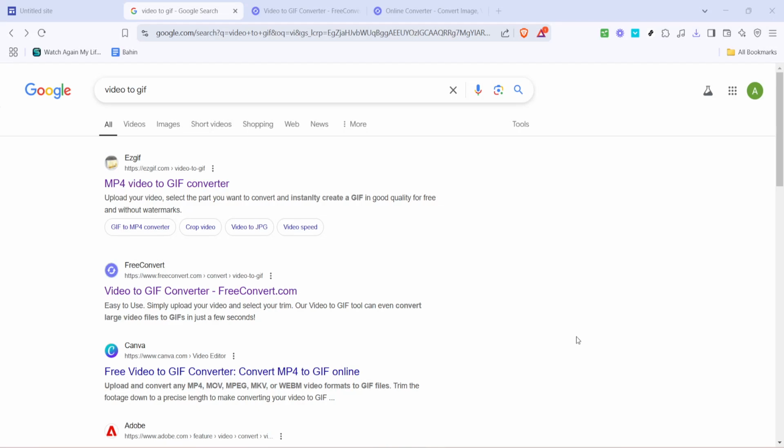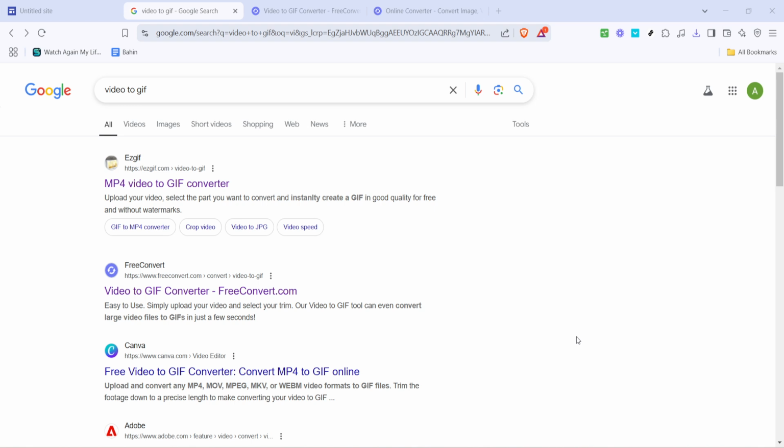In today's video, I'm going to teach you how to autoplay a video in Google Sites. This is a great feature to capture visitors' attention the moment they land on your site, providing an immediate visual engagement. We're going to be converting a video to a GIF format for smooth autoplay functionality.